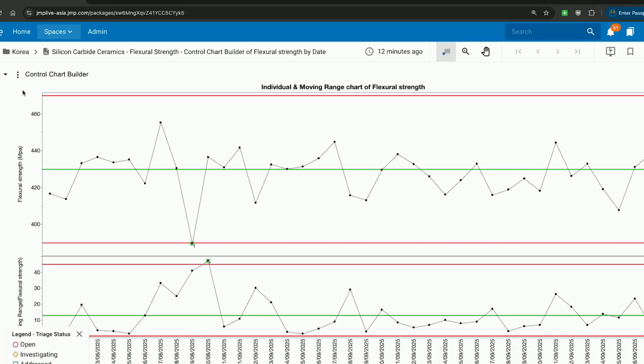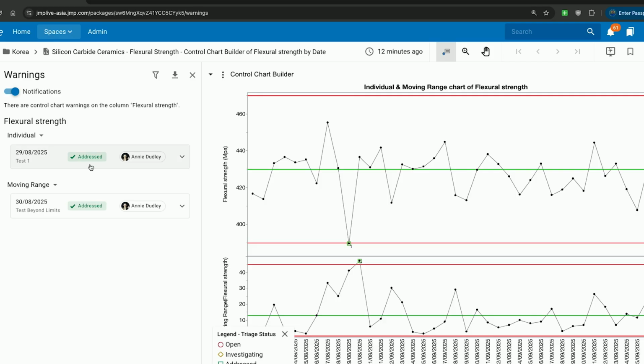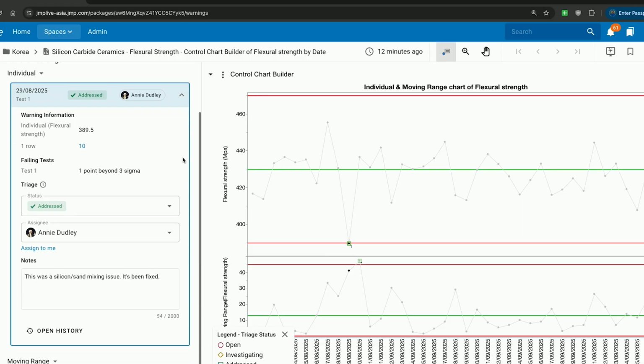All right. So looks like Annie has resolved these. I see all the green. That makes me feel really happy as a manager. But as a manager, I want to do some reflection, and so I'm going to open this panel back up, and let's say there was a lot of activity that happened in a warning, and we needed to do some investigation or research into what happened. So in that case, I can go open up the warning here in the panel,